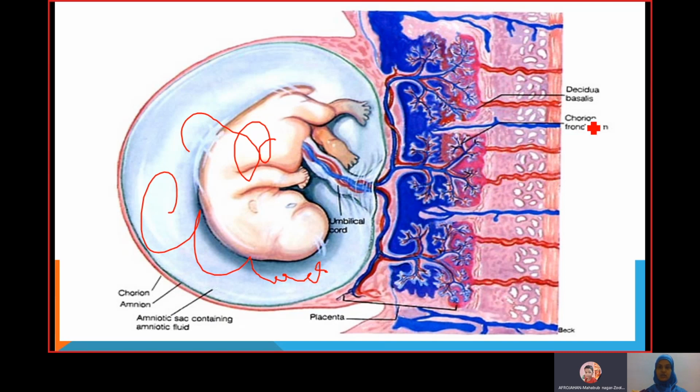This is the chorion frondosum. From the chorion frondosum layer only, the chorionic villi is formed. It is a layer of the fetus, the blue-colored one. Next, decidua basalis. These are the fetal layers, and sorry, the decidua basalis is a layer of the mother. This is the maternal layer, and these are fetal layers. Both will form the placenta structure. This is the placenta. These are the inner layers: arteries and veins of mother's blood vessels.